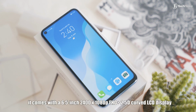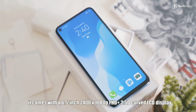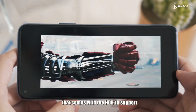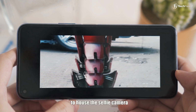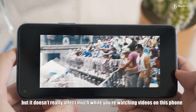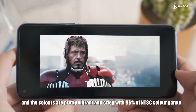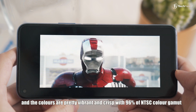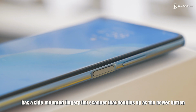Coming to the front, it comes with a 6.5-inch 2400 by 1080p Full HD plus 2.5D curved LCD display that comes with HDR10 support. There's a punch hole at the corner of the screen to house the selfie camera, but it doesn't really affect much while you're watching videos on this phone, and the colors are pretty vibrant and crisp with 96% of NTSC color gamut. Now it doesn't have an in-screen fingerprint scanner, but it has a side-mounted fingerprint scanner that doubles up